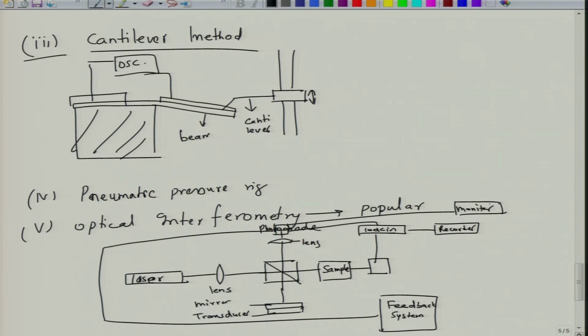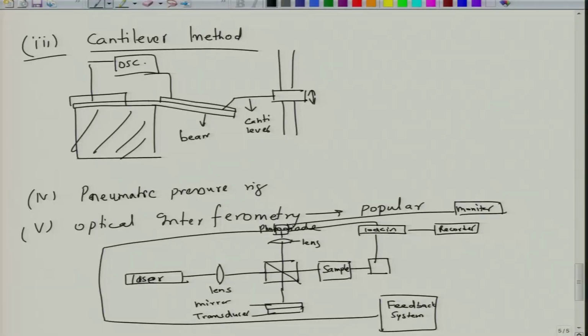So basically you are measuring the oscillations on the surface of the sample using a laser beam, and you are comparing that with a reference sample, and that is how you make the measurement. This technique is used nowadays in a few commercial systems, especially for thin film measurement, because direct measurements are not easy to make on thin film samples. They are more suitable for bulk or thick samples, whereas for very thin films the optical interferometry method is more popular.